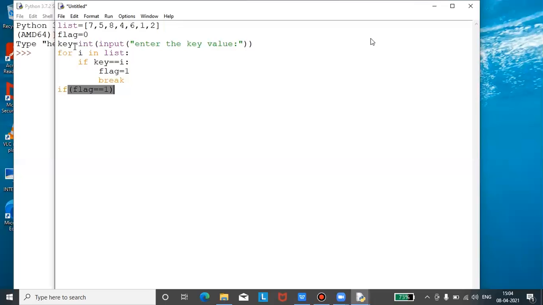But if I want to search for 1 in this list, then when I becomes 1, this condition, if key equals I, becomes true. So only in this case, the flag value will become 1. Okay, so this is the meaning of that. So when I use the break keyword,